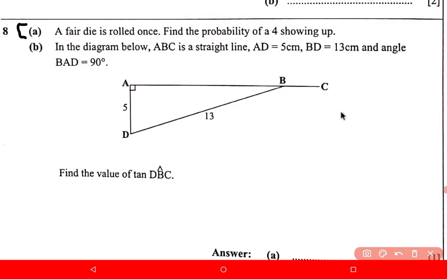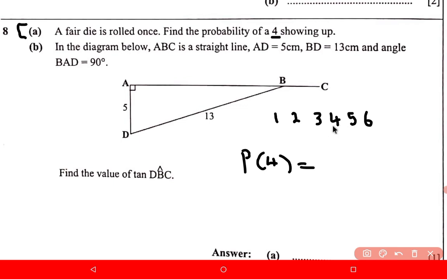So a die has one side that is 1, another side has 3, another is a 4, another side has 5 holes, and the other side has 6 holes. 1, 2, 3, 4, 5, 6. So to find the probability of a 4 showing up, it's a very simple question. The probability of a 4 showing up is actually